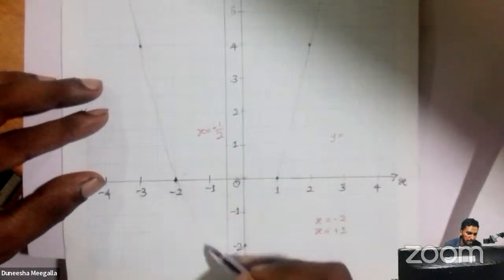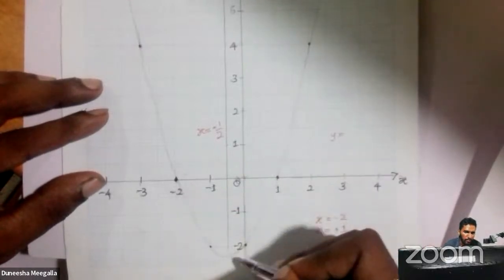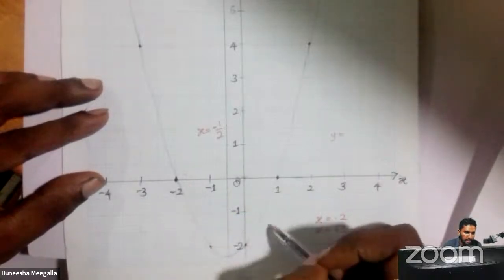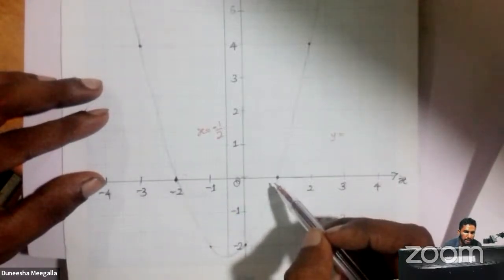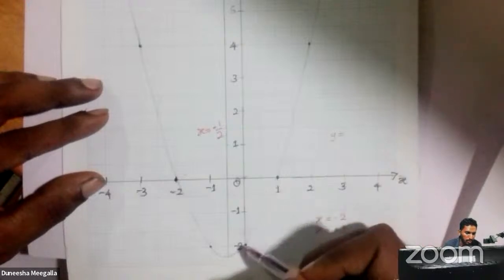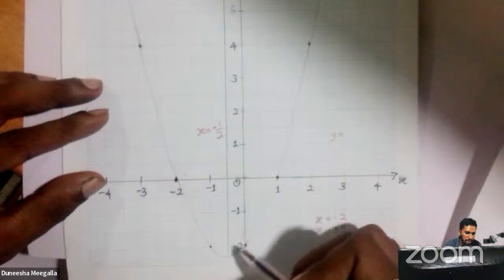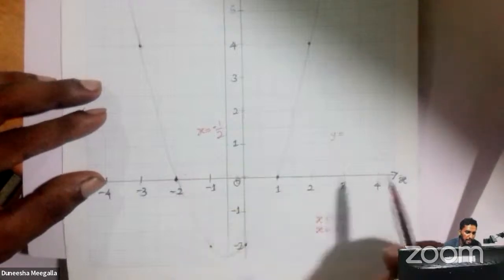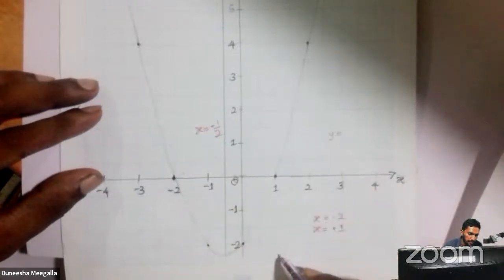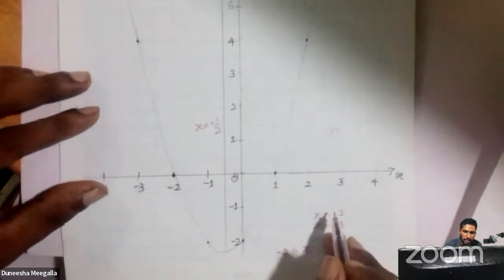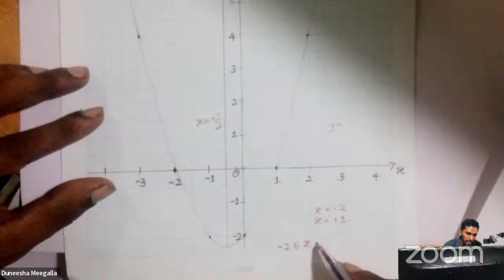Can you see this? Where? If y is less than or equal to 0, what are the x coordinates? The x range should be greater than -2, and less than or equal to